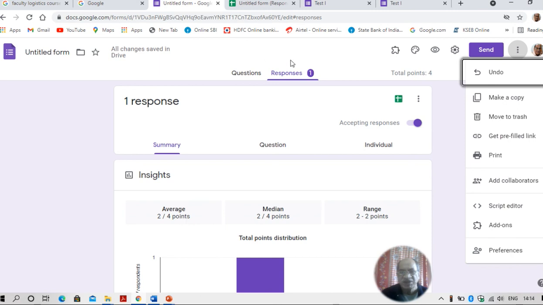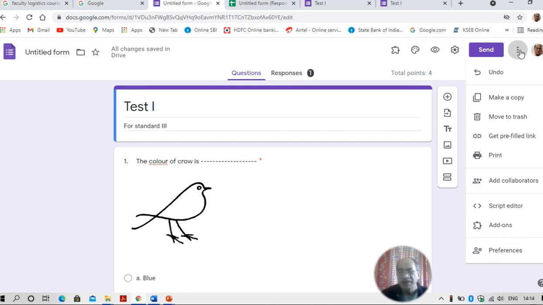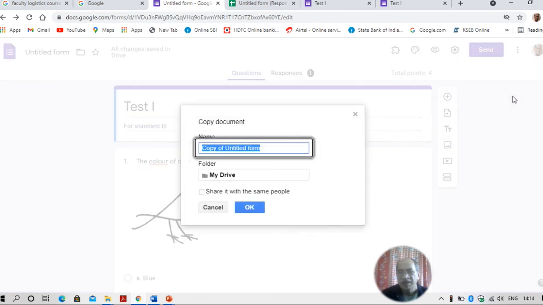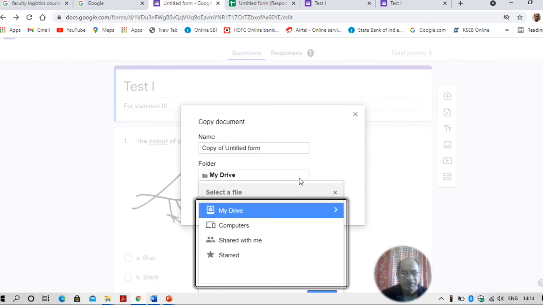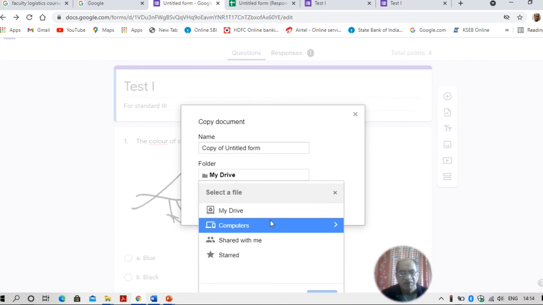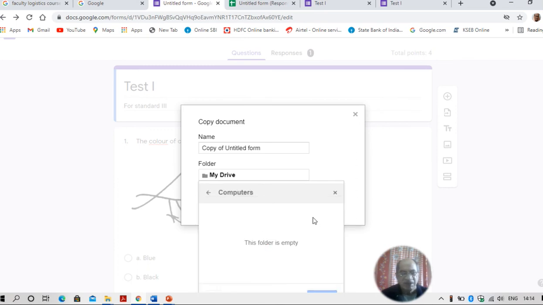You can copy this question paper itself. Right click on the three dots on the right side. Make a copy. Give a name for that, and in my drive folder anywhere you can save. My computer, go to a particular folder or particular drive.